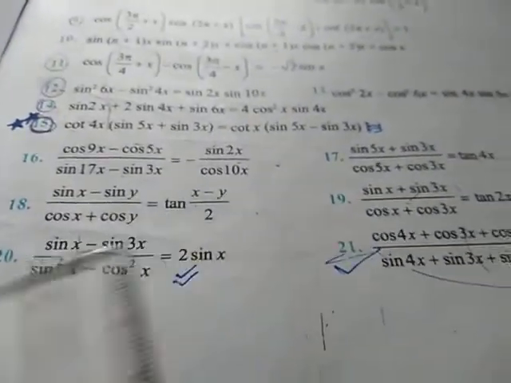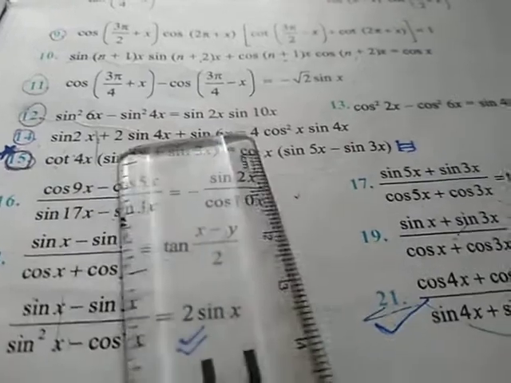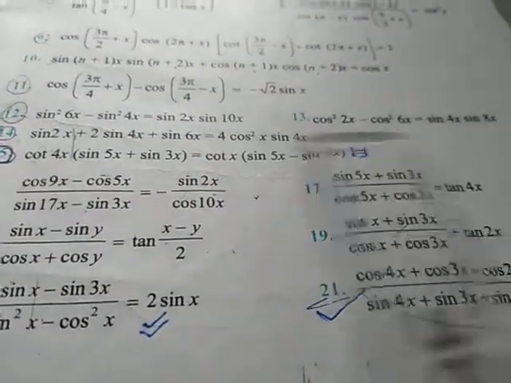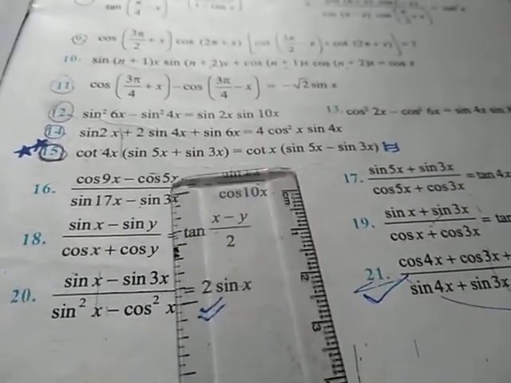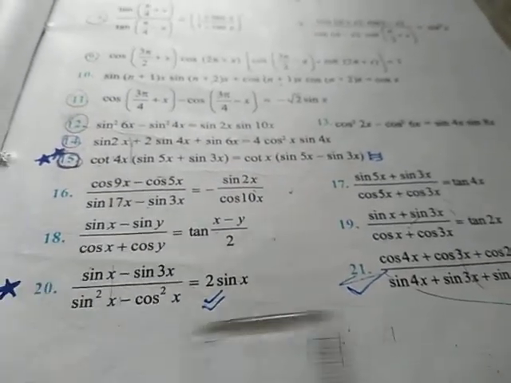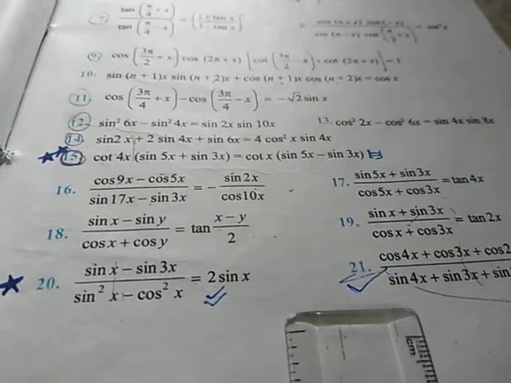Okay. Now, the same way, children, questions number 16 to 21 are all in the same format. Earlier I have explained question number 11, question number 12, question number 13, the same format. That's why you have to do it by yourself. 13 I have explained, 15 I have explained. Now I am explaining question number 20, so that you can do all questions from 16 to 21.